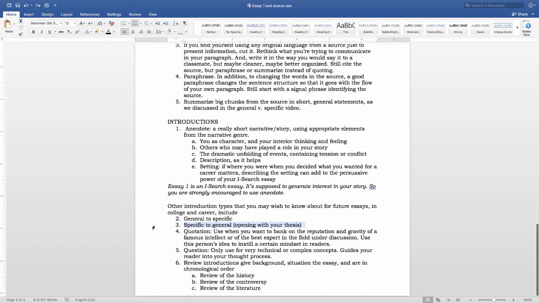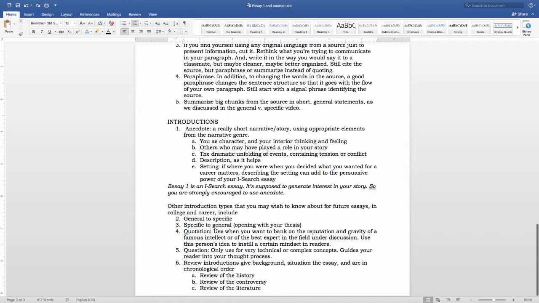But sometimes, you know, your thesis is not necessarily going to turn everybody off. It might really engage your readers. It might really engage the right readers, the readers that you want to have, and motivate them. So that's a choice. You may know that quotation is a way to open, to introduce an essay. What you may not know is that quotation is effective if it's done really well.